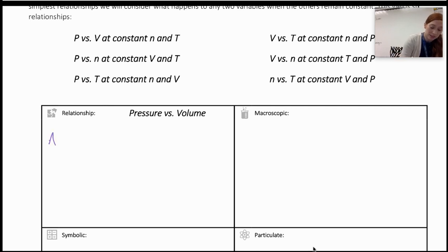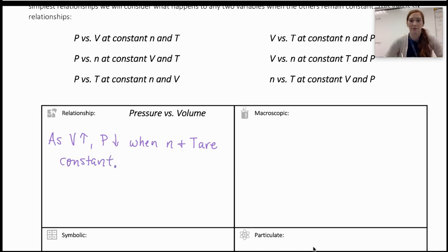Our relationship that we've seen through the lab is that as volume increases, pressure decreases when moles or amount of gas and temperature are constant. Now I'm abbreviating, obviously using my variable symbols here, and increases up, decreases down. I'm going to move this n over a little bit so we know that it's amount of gas and temperature, not T-A-R-E. Okay, so